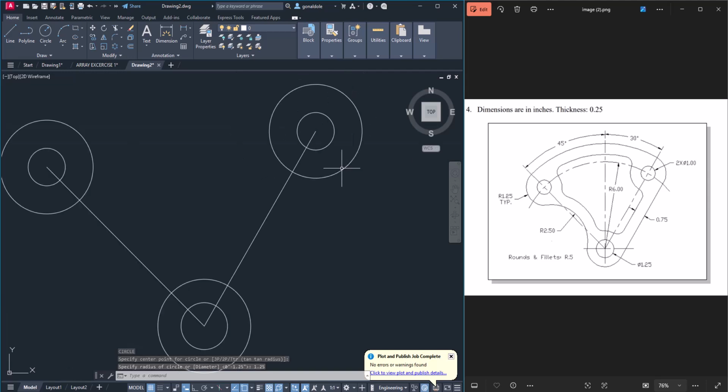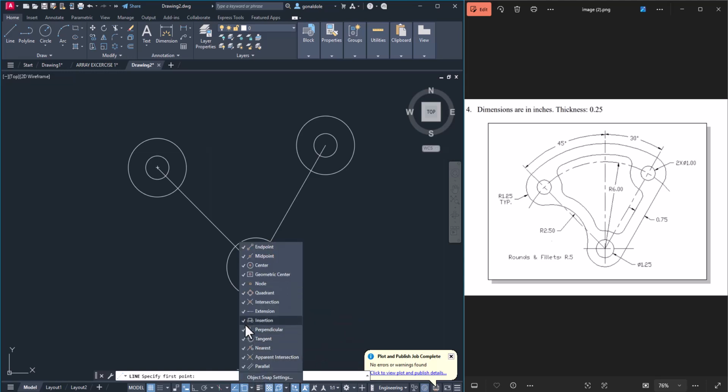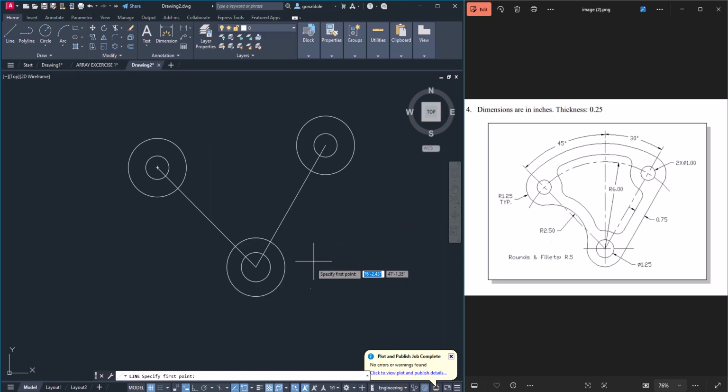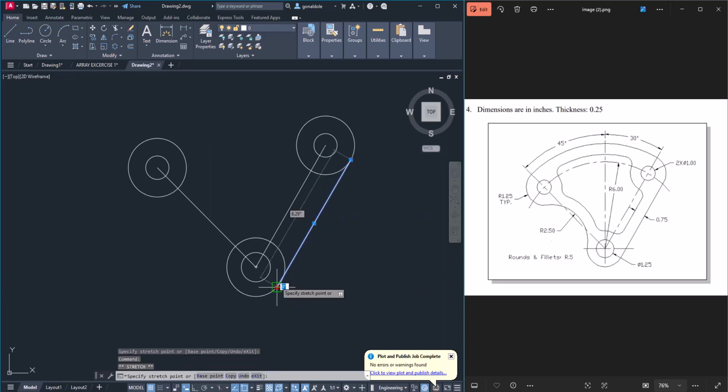So the next thing to do is to join the lines, and let's see how we can join them. So I'm going to click on the line tool there, and I would click on the drop down button on my snap and make sure tangency is on. So I have everything on. So now I'm going to draw the tangent line. I'll make sure I'm seeing the tangency sign. So I'll take it from one body of the circle to the other at tangents. So I need to make sure the line is also at tangent to the circle here. Yeah. So that's it